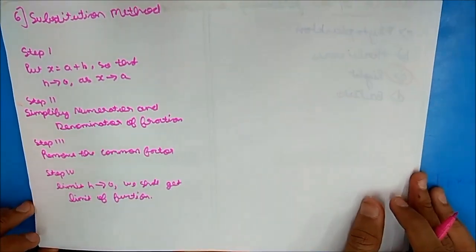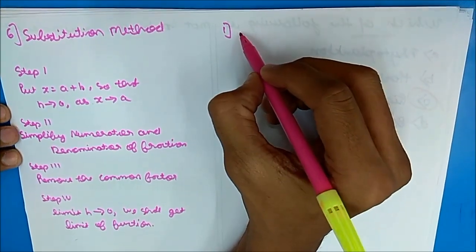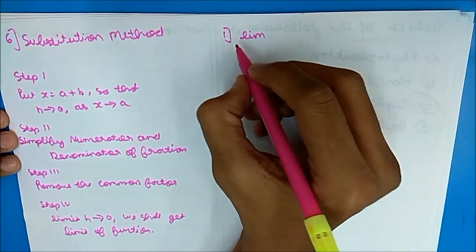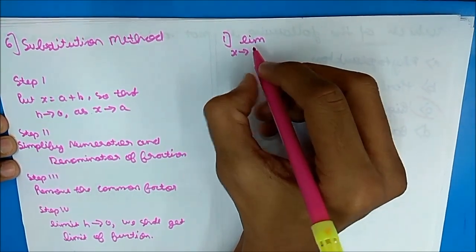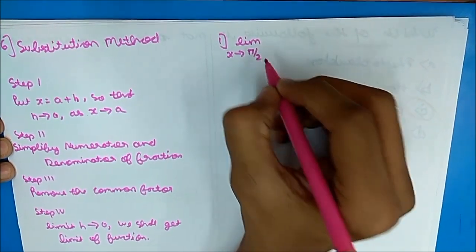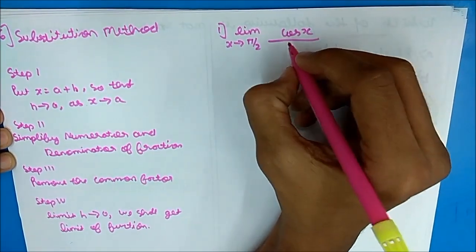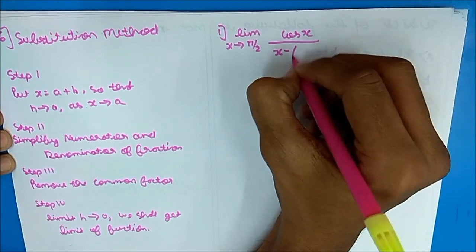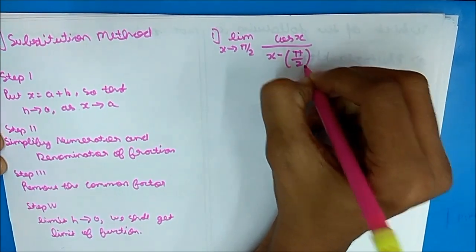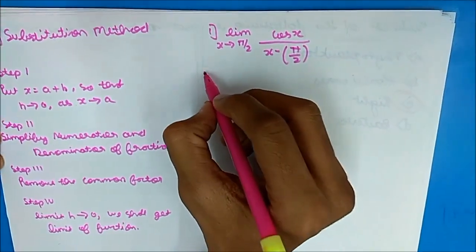Remember the steps while solving the sum. We take the first example, that is limit x tends to pi by 2 of cos x upon x minus pi by 2. So the answer would be,